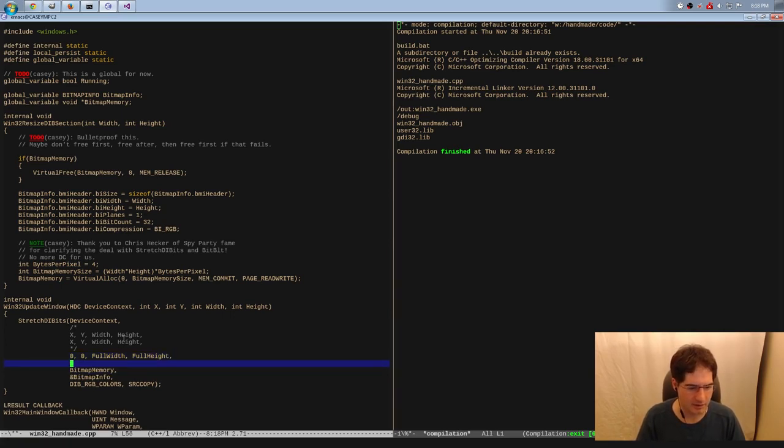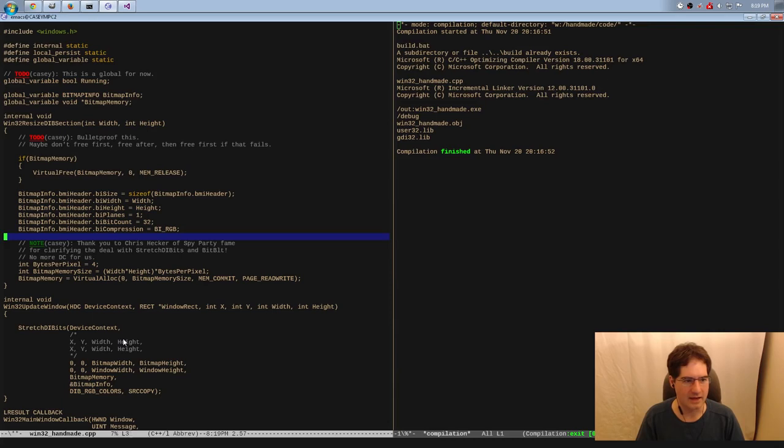We're going to pass that, and I guess we should name this, so this is actually the bitmap width and the bitmap height. Then we will use the window width and the window height to make sure that we blit our whole bitmap to the whole window. Now in order to do that, I need to actually know what size that is, so temporarily I'm going to pass the actual window size. It might not actually be temporary. We may just want to always know this. I think we do. So I am going to ask here for a window rect to be passed in that will tell us basically how big the window is,